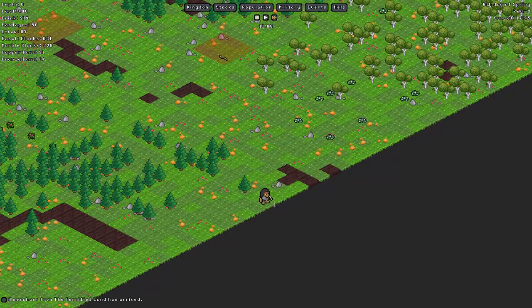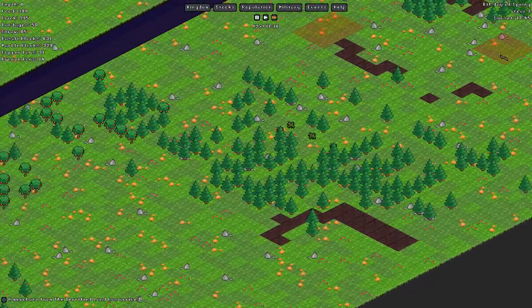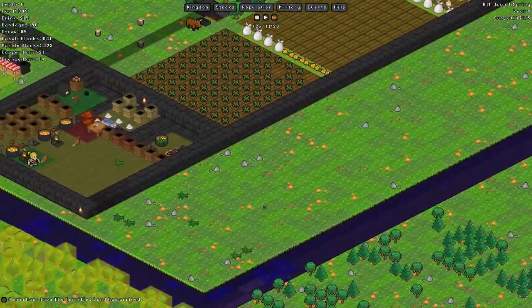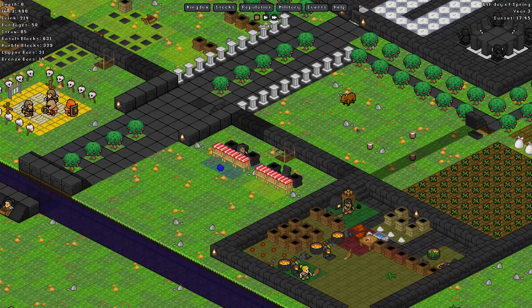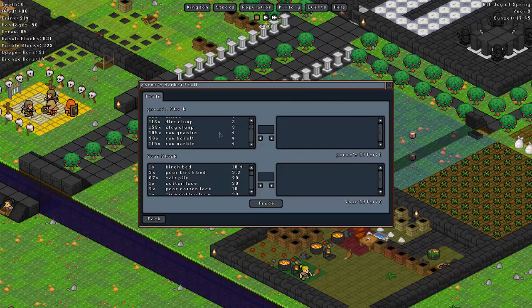Well, there you go, merchant. Good timing for a merchant. I might actually run time forward. We will do a little bit of trading before we get that far. So let's have a quick look at what we've got here. Hopefully we can get a couple more yaks. Silica, a bunch of stone,